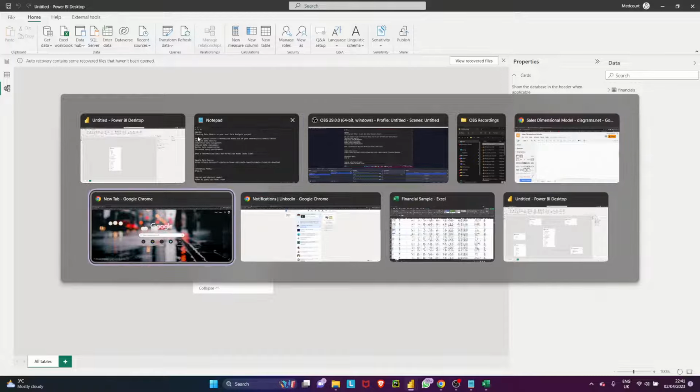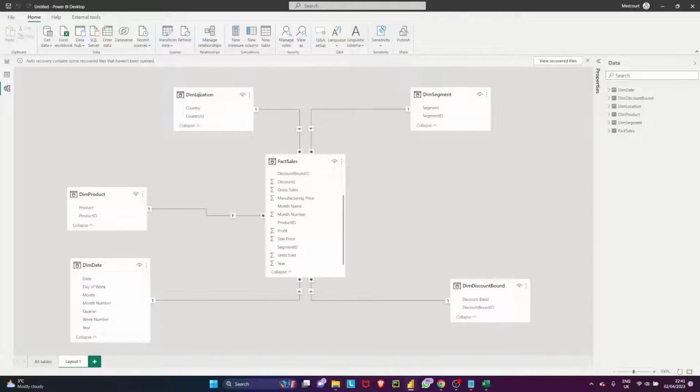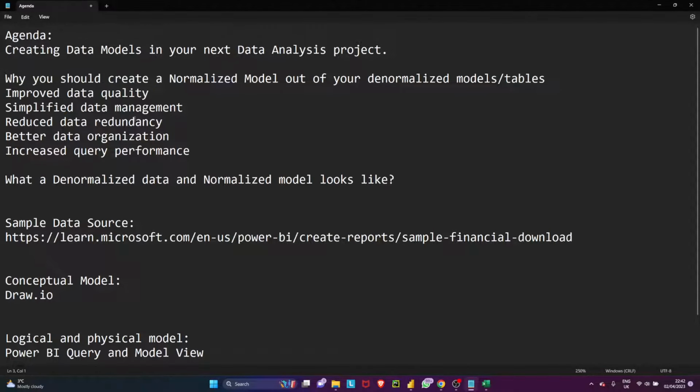So this is, on the other hand, what a normalized dimensional model looks like. It is one that you can grow, you can scale it, you can create more measures, more filters, for the purpose of quicker creation of your reports and building up, ultimately, your dashboard. So with that in mind, that explains to you that normalization is a process of working from